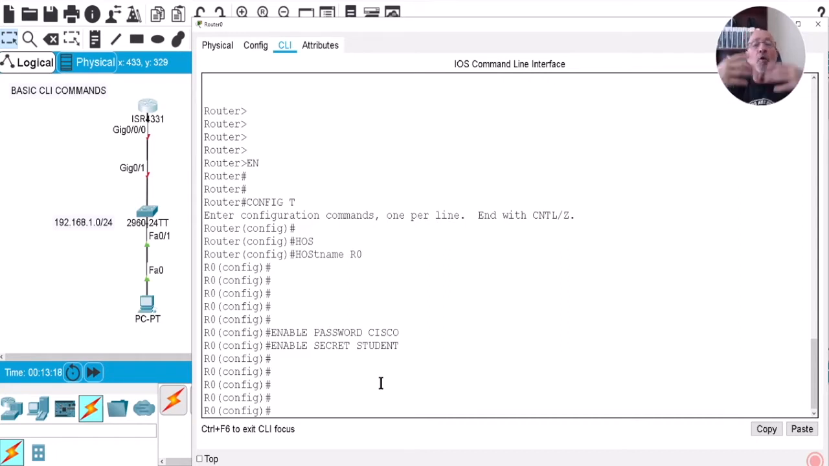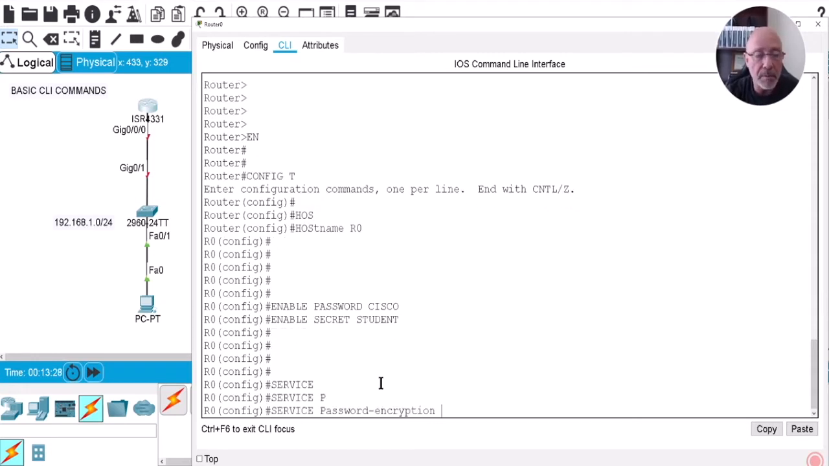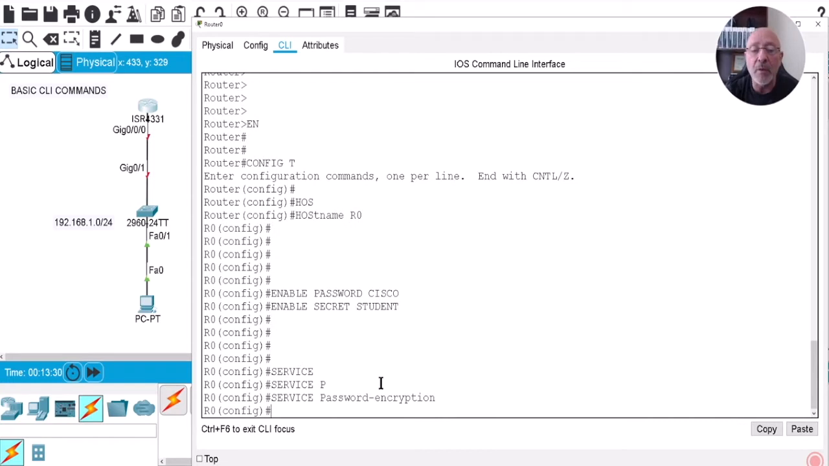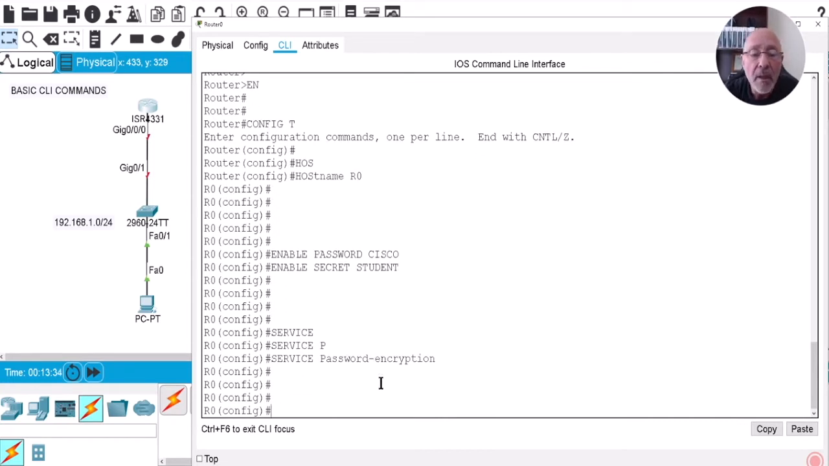But if you want to encrypt everything, every plain text password in your router, past, present, and future, then type this command. Service password. Oops, can I tab it there? Yeah, cool. Password hyphen encryption. Yes, tab is your friend. Service password hyphen encryption means I will encrypt that plain text password that you see right here that says Cisco. It will no longer be